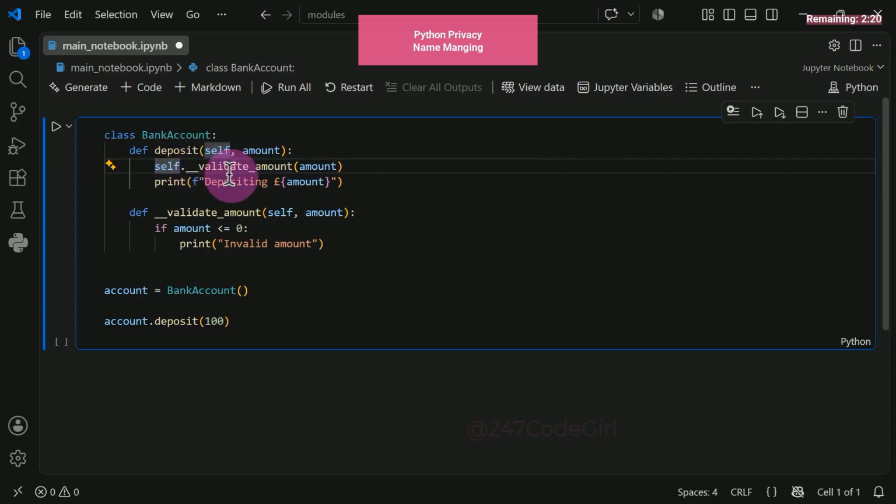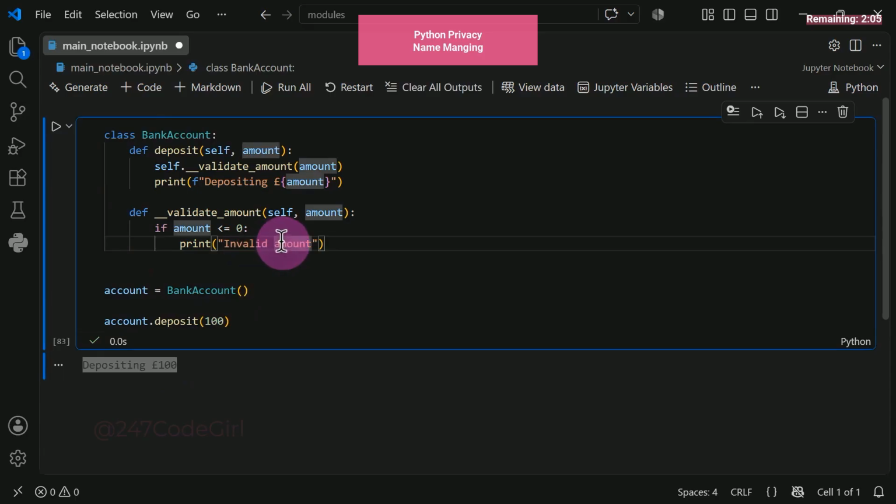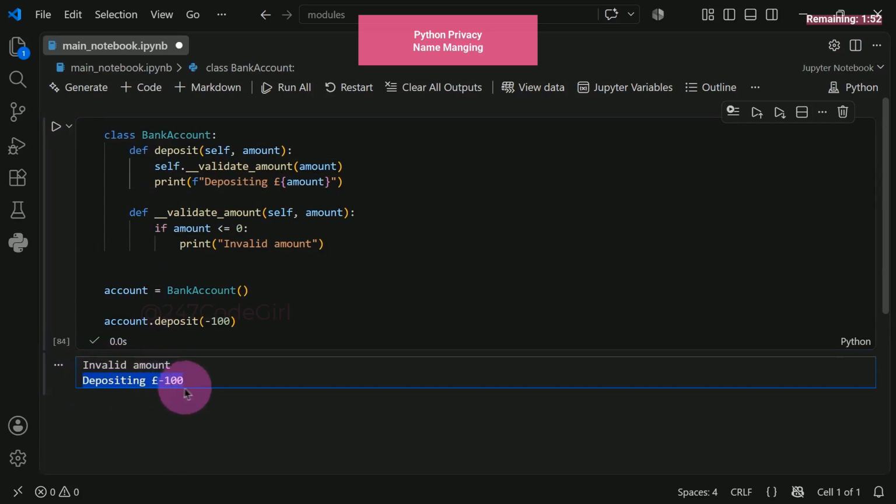Self refers to the class instance itself using the variable coming in. You would then validate the amount, create the bank account object. Then on that variable, call the deposit method. Running this, you can see it is depositing £100. That works perfectly. But now try a negative amount. If we run this now, we should see 2 messages printed. It runs the validate method and prints out that message, then prints this one here. Again, no hard rejection logic, just print statements. Simple print statements for now. And there we go. It says invalid amount.